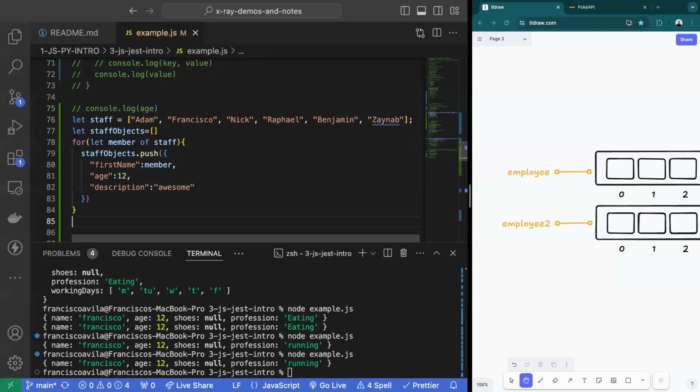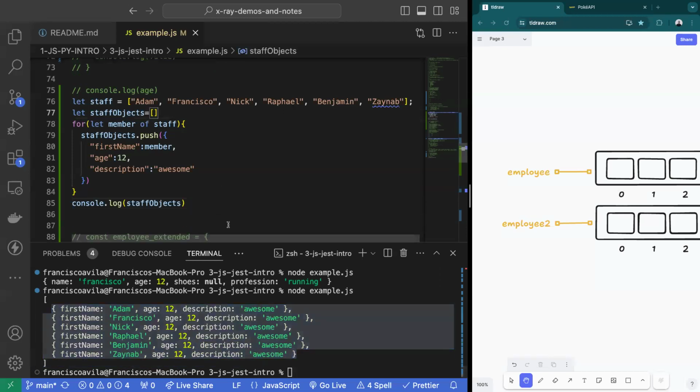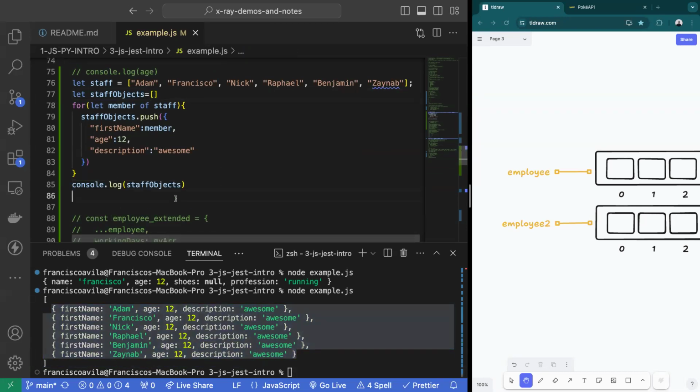All right, so now let's console.log my staff objects. So there you go. I have staff objects. I have an array of a couple of objects here, right? So that's what my staff objects will end up looking like. Well, now if I wanted to destructure that, it actually gets a little bit complicated. And this is what I mean by that. So one, the parental